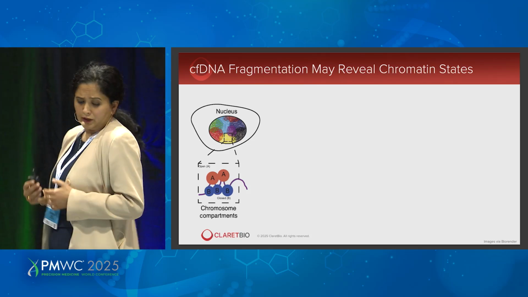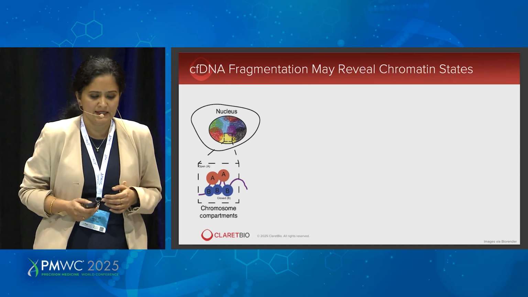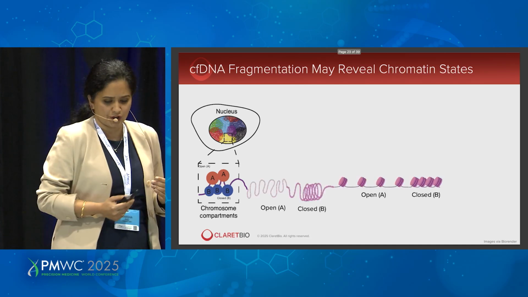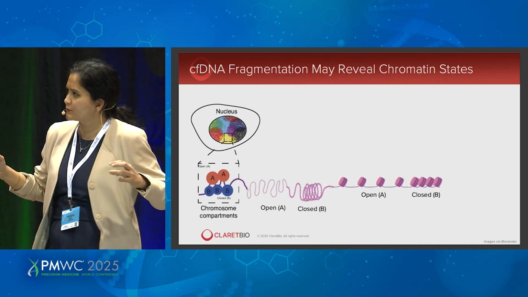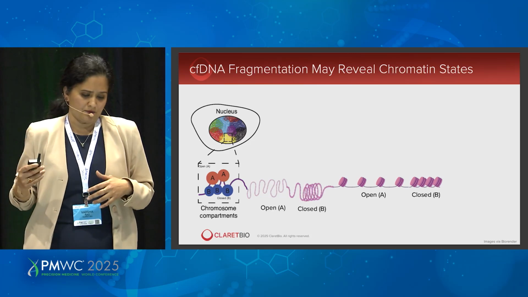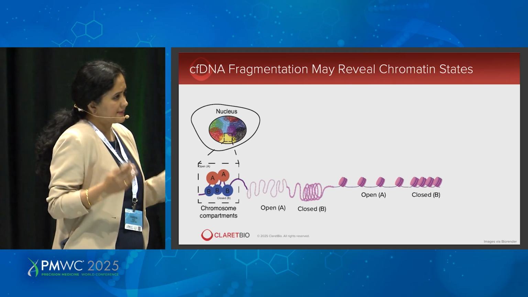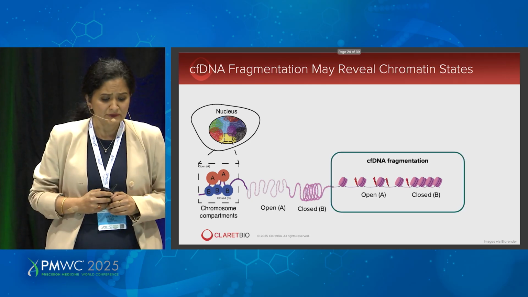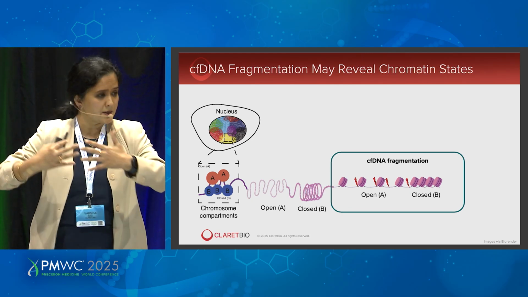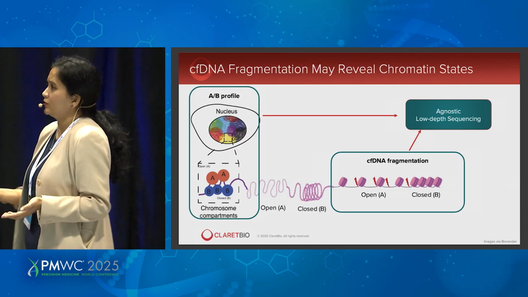As you know, the nucleus is organized into open and closed regions, or A and B compartments. These regions are shaped by underlying nucleosome positioning, where you have sparse positioning with open chromatin and closer nucleosome positioning in B, or closed chromatin. However, this is the same thing that also regulates cell-free DNA fragmentation patterns. So we wanted to see if we could combine these two and reveal underlying chromatin states using this low-depth sequencing